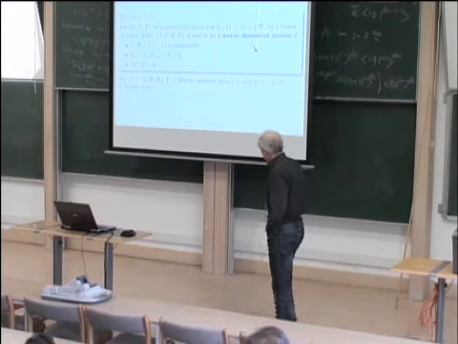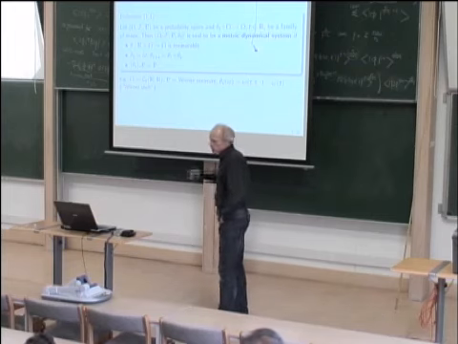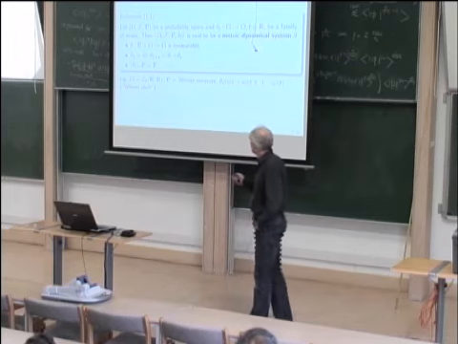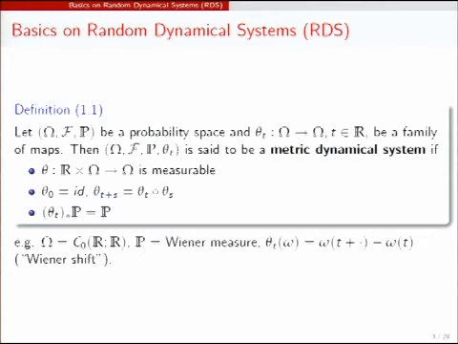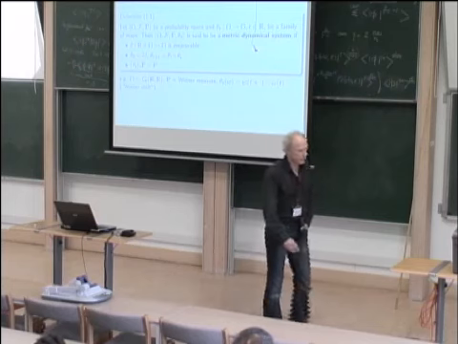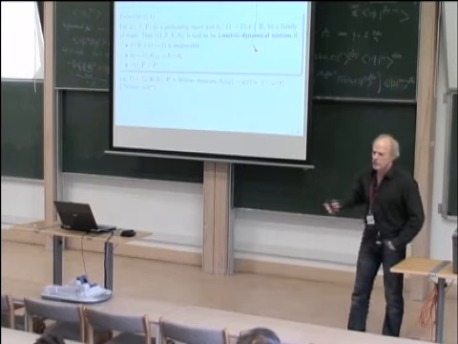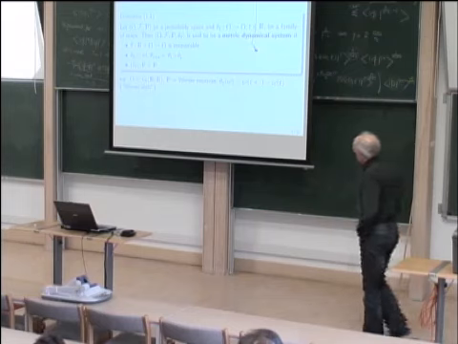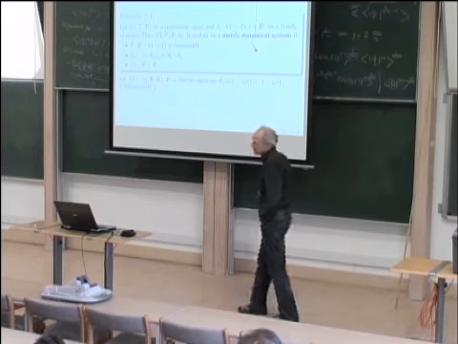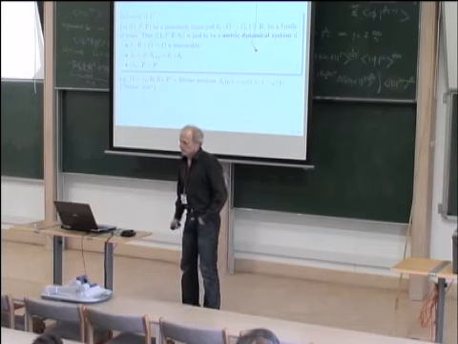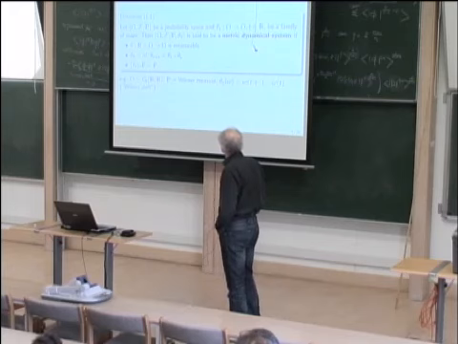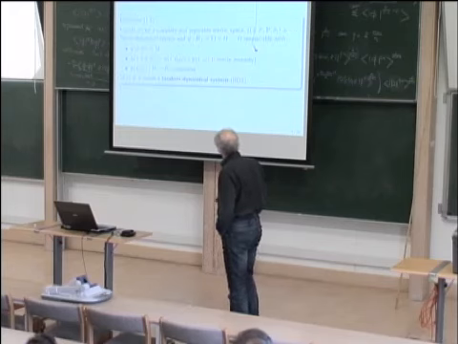So classical example, you look at the two-sided Wiener measure. So we look at the Wiener measure on R, not R plus. We take the whole real line. And then we look at the classical Wiener shift. And as you will see in all of this talk, this omega, which of course probabilists think of as random, and it is random because there's a measure that sits on it, but this omega, when I study the equation, will really be fixed. So as you will see in a moment, by some standard method, you can do this.